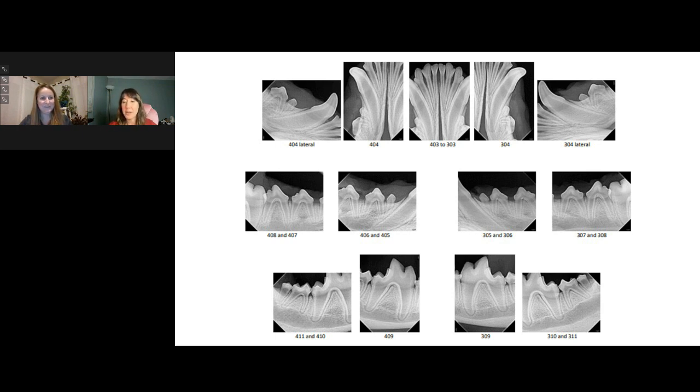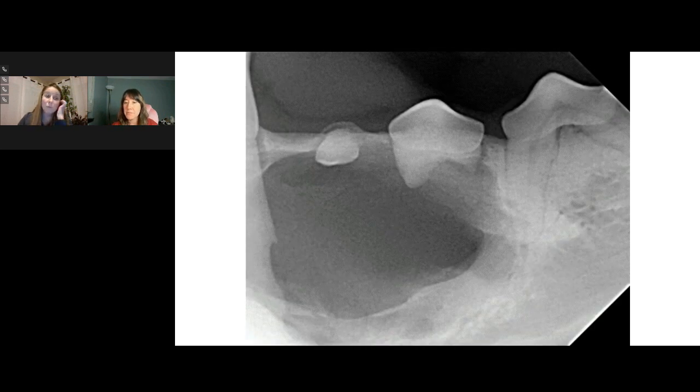We have a few questions about positioning for radiographs. So we had a couple of people ask if you do your dental rads in lateral or in dorsal or ventral recumbency. Yeah, that's a good question. We do ours in lateral at my practice, but I have been teaching dental radiograph positioning for many, many years now, and I can teach it in any position because the reality is, as long as you understand